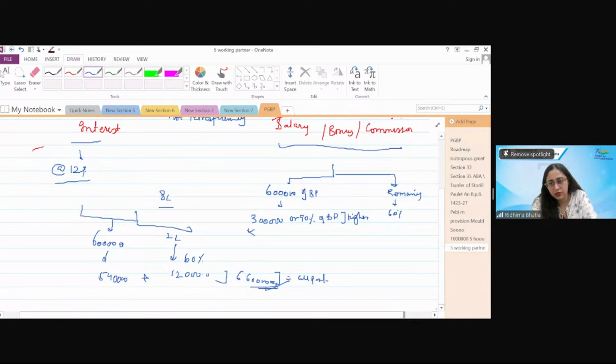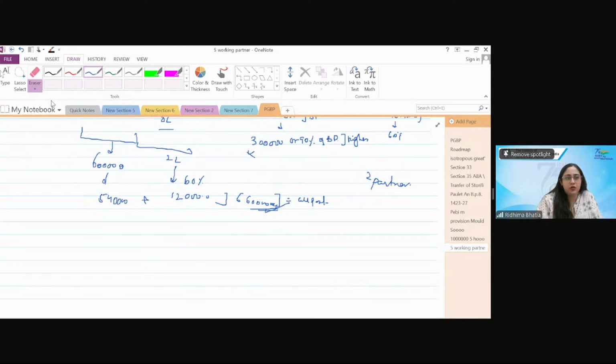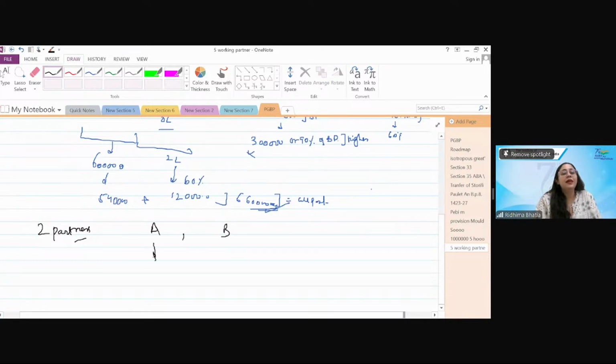Big question. If I ask you, tell me the taxability in the hands of the partner. A big question from the partner's perspective. There are two partners, okay? You have to tell me on the 660 question, okay? Two partners are there, A and B. You have to tell me what is the income taxable under PGBP for Mr. A. Mr. A, okay? He is getting